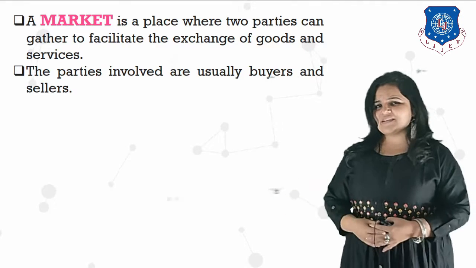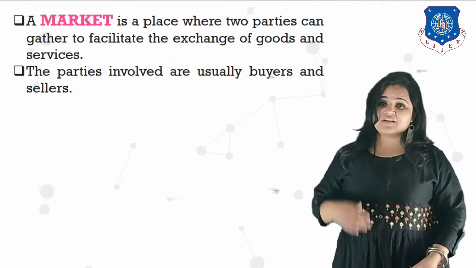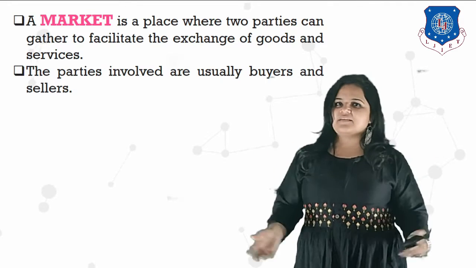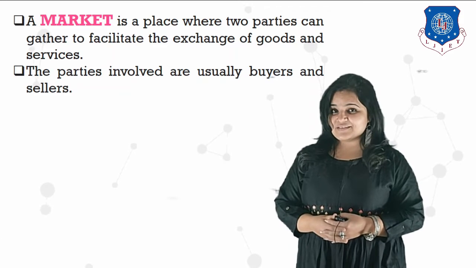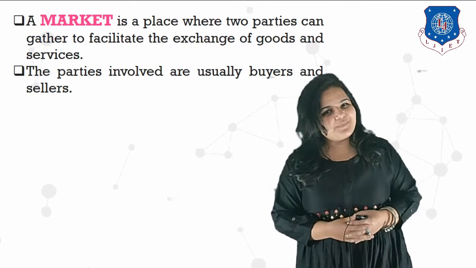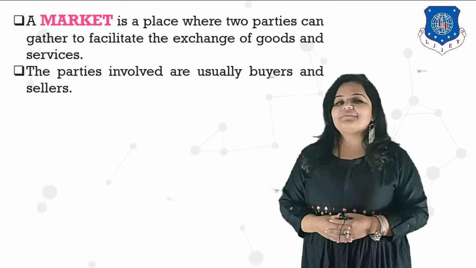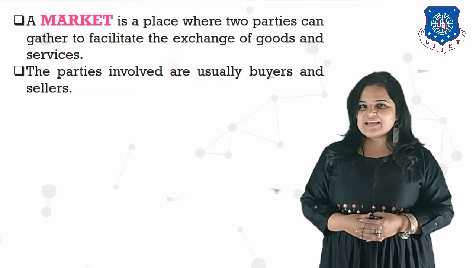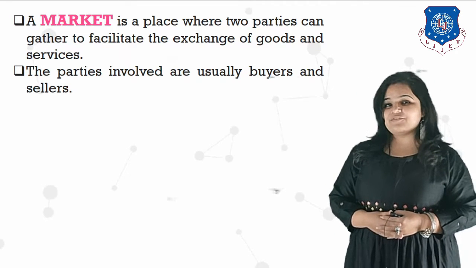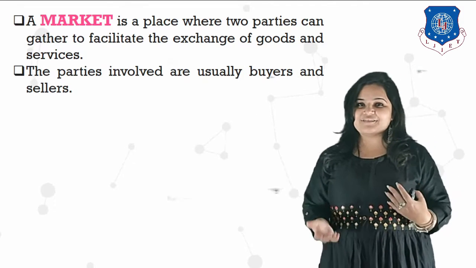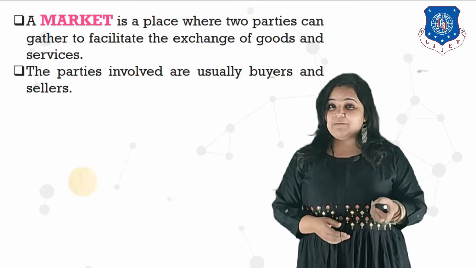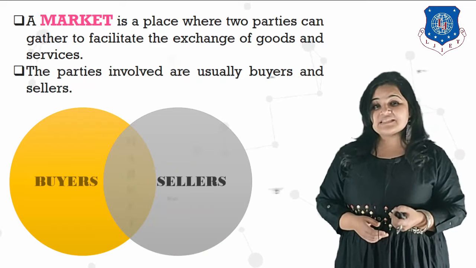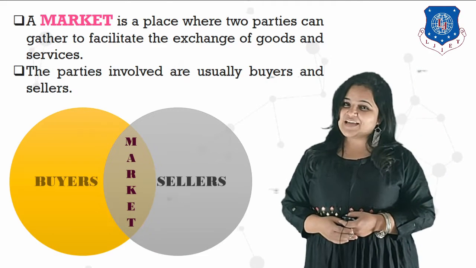Different types of markets are there. Share market is a market, vegetable market is a market, your fruit vendor is a market. Any type of exhibition is a market. Everything around you where buyers and sellers interact is a market. Amazon is a market, Flipkart is a market. It is an online market. Your Infi store is a market. So, everything around you where some type of transaction, buying and selling occurs is a market. A place where buyers and sellers meet up for some type of transactions is known as a market.